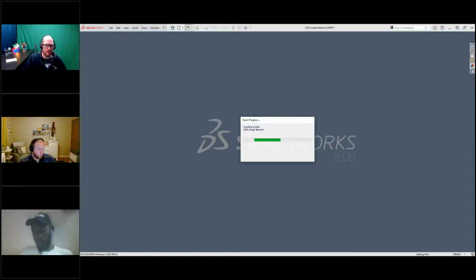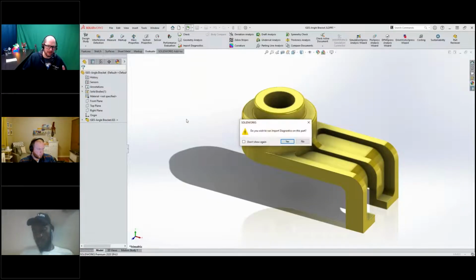So here we can see we're opening up this. This is an IGES file. When we open it up, it says, do you want to run import diagnostics on this part? I always say yes to this question. Different people say different things, but before I actually bring in this model, before I say yes or no to this,